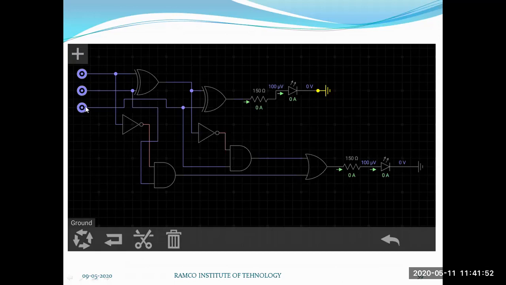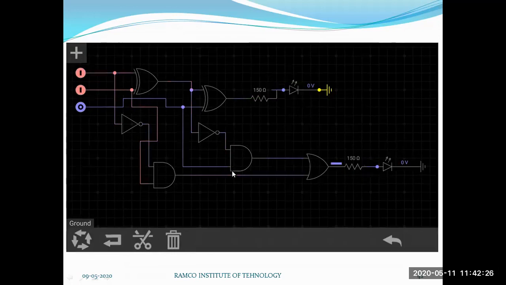So first B in is 0, and we are going to have various combinations of X and Y. Then B in is 1. Then we can have various combinations of X and Y. So here you can see, the first case is borrow in is 0. You have 0, 0. So your difference is 0 and borrow is 0. When you have 1, 0, your difference is 1 and borrow is 0. When you have 0, 1, then your difference is 1 and your borrow is also 1. When you have 1, 1, then your difference is 0 and your borrow is also 0.